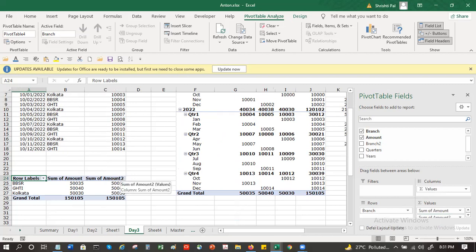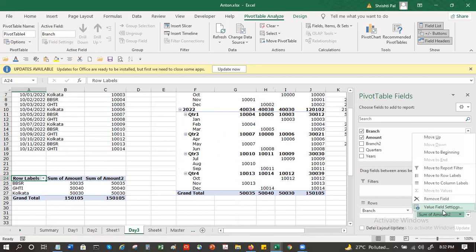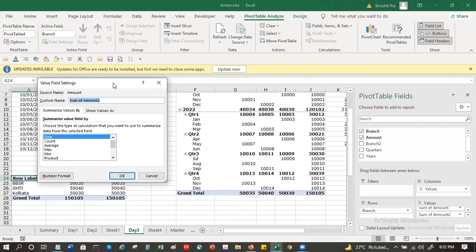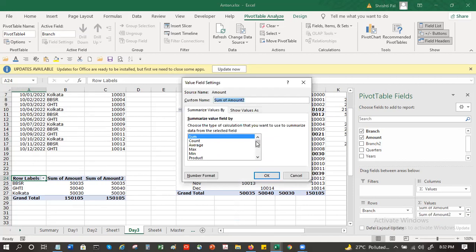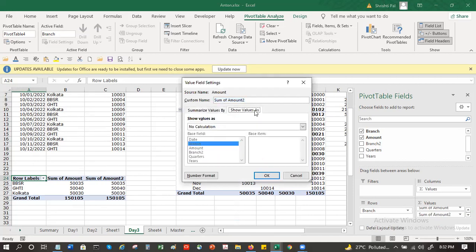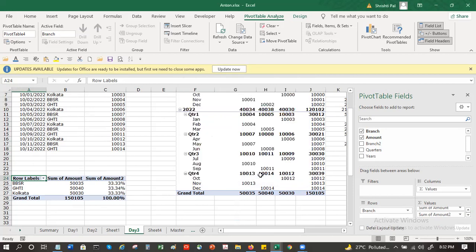Now, instead of sum, I go to sum of amount 2 here. I go to value field settings. By default, these are the standard ones that we know. Besides this, you go here. There is no calculation by default. Instead, suppose you want a percentage.